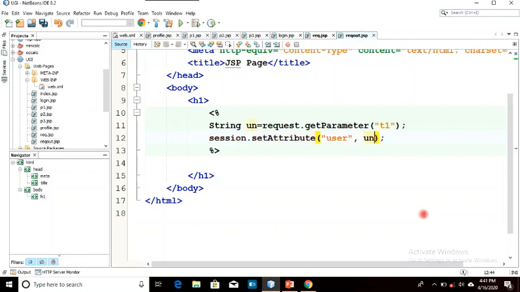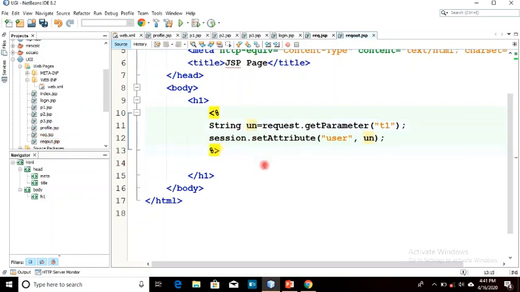So I have declared a session variable name as user, and the value that is stored in this is stored in the un, and I will get the un from the form that I have submitted.